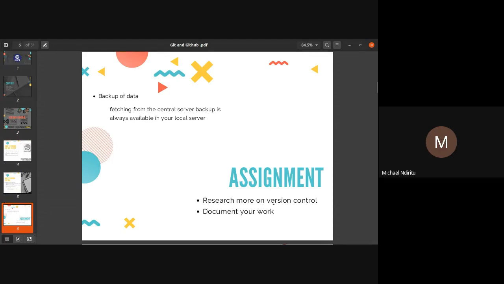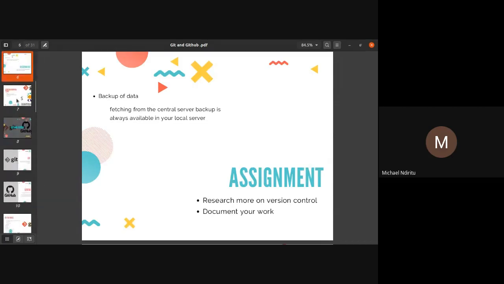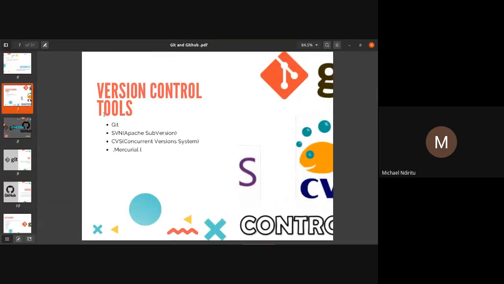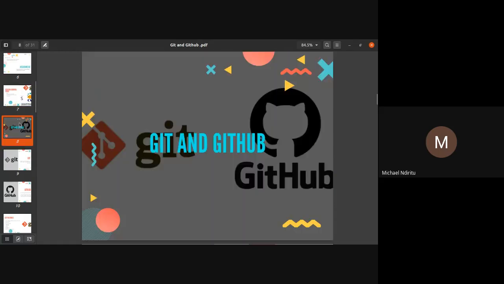You can find other version control tools. So far, we are going to talk about GitHub and learn how to make commits. So where have we reached in creating the account? Okay, here now are some of the other tools. Maybe there's Git, SVN, Mercurial, but I think the most famous and the most popular among developers is Git. And so that's why we're going to be going through that one. Maybe on your own time, you can go through the others and find which one you like best.